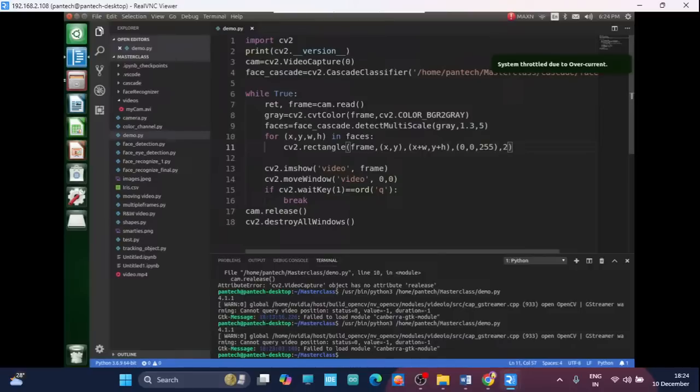So here also we need to download another data set, which I have already told you about, that eye .xml file, right? Okay, so I have already downloaded it. So what I'm going to do is add a few more lines for eye detection. Okay, so let us go and check. After this